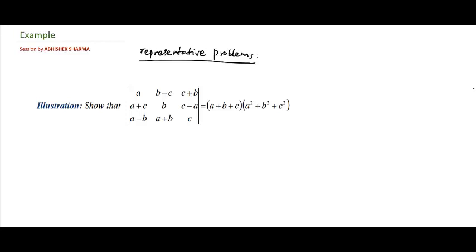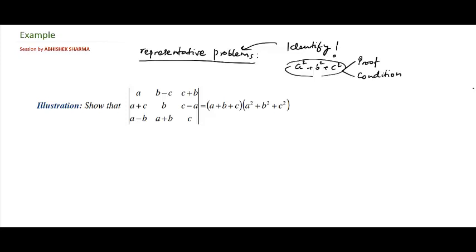And the first thing is, how do we identify that this is a typical situation where I need to go for this particular approach? The identification of the problem can be done easily by observing a small thing, that the problem will involve a square plus b square plus c square. The problem involves this in some way or the other. Either it appears as a part of the proof on the right side, or it appears as a given condition.